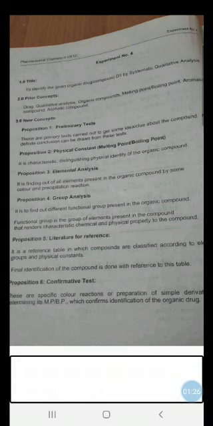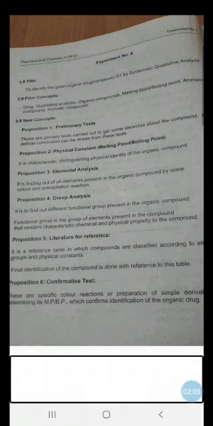That means first step will be preliminary test. In preliminary test, you do not need to carry out any test, but they are physical tests, or primary tests, which you can perform by using your sense organs, and that includes state, nature, color, odor. Then next step is performing ignition test or fusion test, which will show you whether your compound is aromatic or aliphatic, depending on whether black smoke is evolved or not. That means sooty and non-sooty flame.